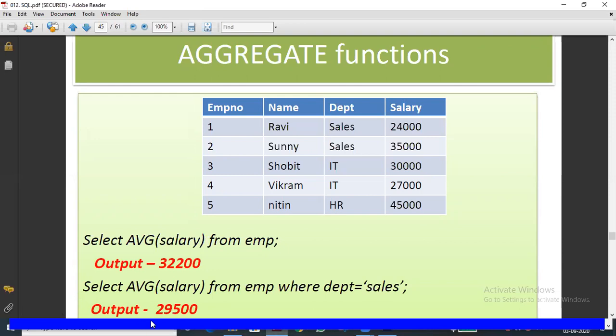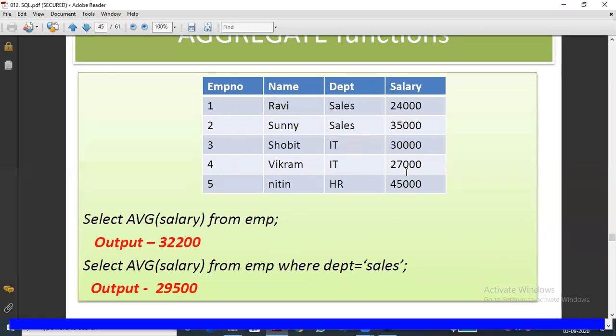And the second query, you can see, is the average of a particular department. Average of salary from EMP, that is the table name, where department equal to sales. That is, the sales department salary average alone is being calculated. Likewise, this is a good example we can use in a student database. Computer science subject alone, physics subject alone, what is the subject average? Where subject equal to CS, where subject equal to physics, where subject equal to maths. Likewise, we can give it. That is the concept. So average we can calculate: sum of the total values divided by the number of values.